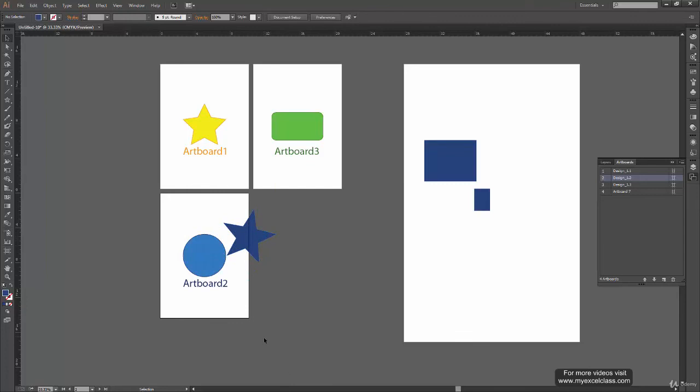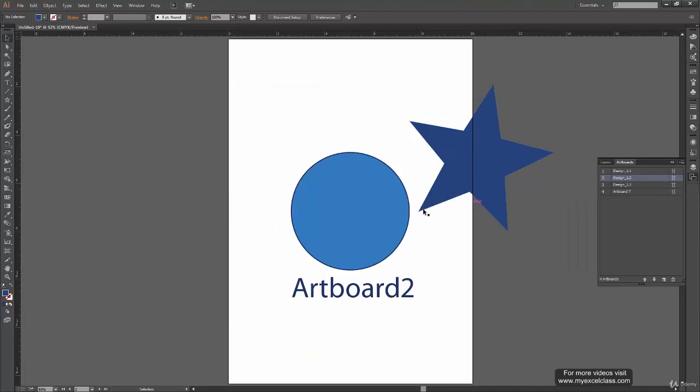One thing I want to see, what if the shape is in between over here and I duplicate the artboard? Because previously when we duplicated the artboard, the shape was inside the artboard. What if it is somewhere like this? Now practically this won't happen, because if you are making your design, it doesn't make any sense to put it outside the artboard, but it's good for experiment purposes. So let's see what happens.